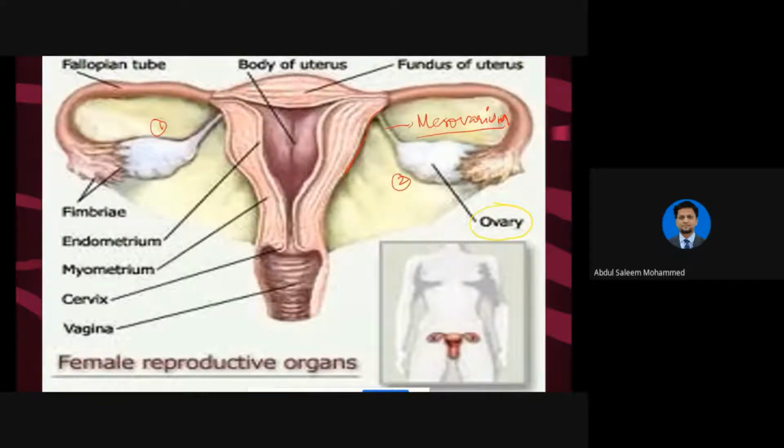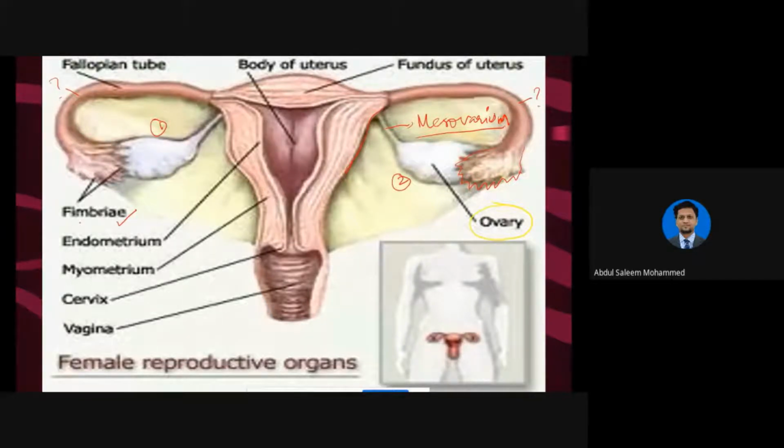And then just adjacent to the ovaries continues the oviduct. So here we have the oviduct, number 1, number 2. So on either side you can find this oviduct. Then this oviduct has a funnel-shaped structure. This funnel-shaped part is known as the infundibulum. Infundibulum has finger-like projections. These finger-like projections are known as fimbriae. So over here, you can see it's written here, fimbriae.